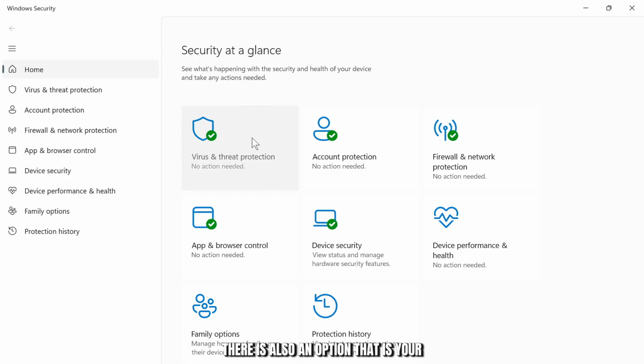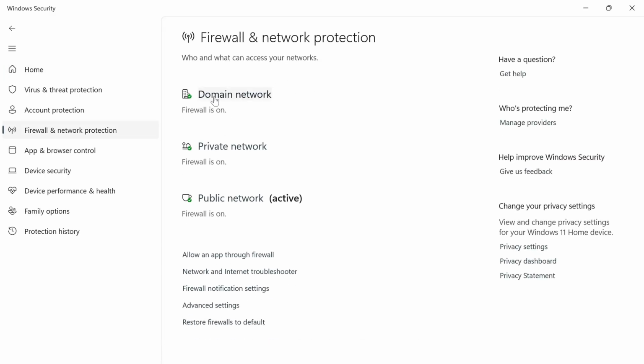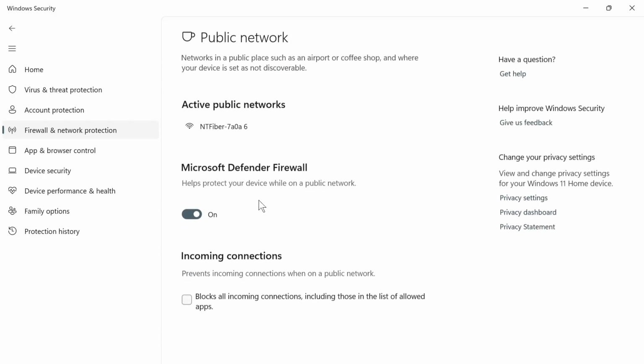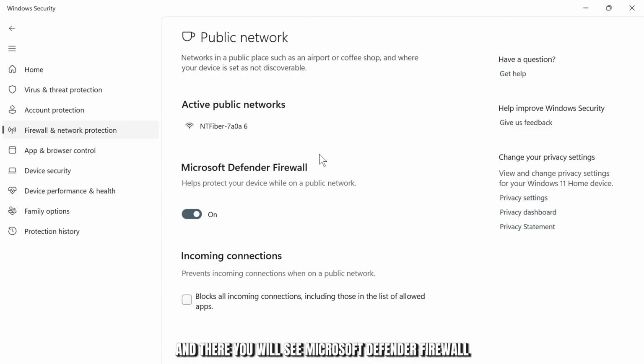There's also an option for virus and threat protection, but let's head over to firewall and network protection. After you're here, you'll find your networks option. So head over to your public network and there you will see Microsoft Defender Firewall. Now if you want to turn it off, you'll simply have to toggle this button off